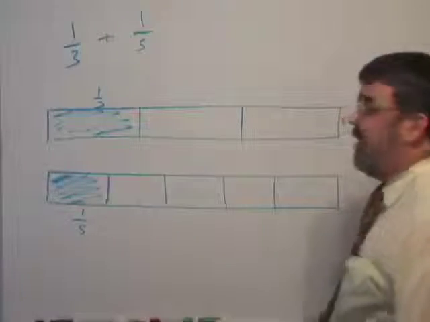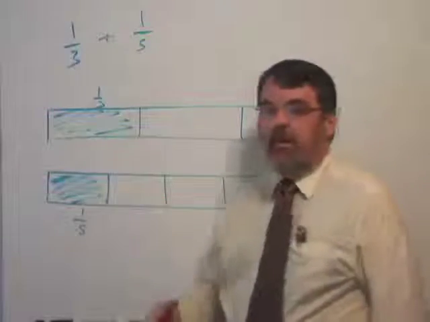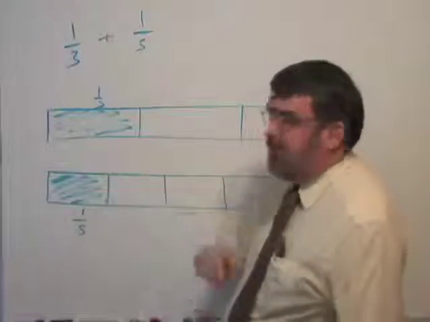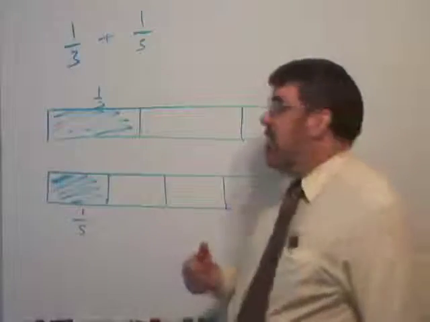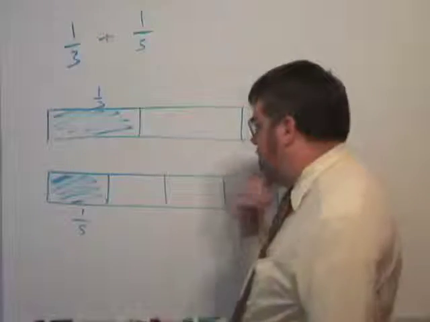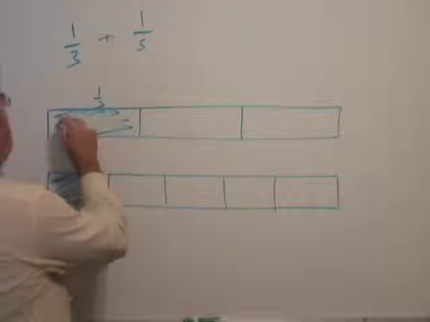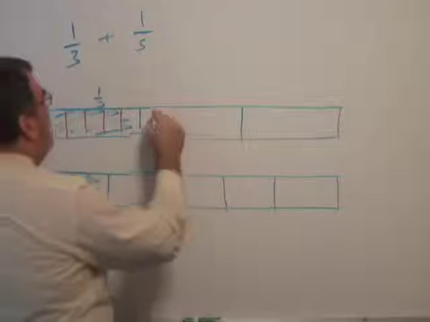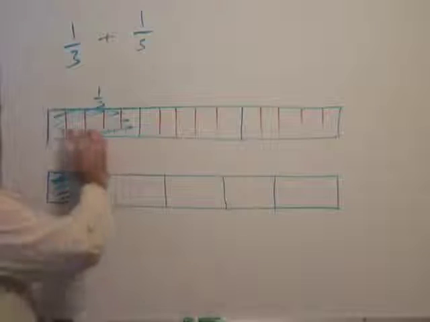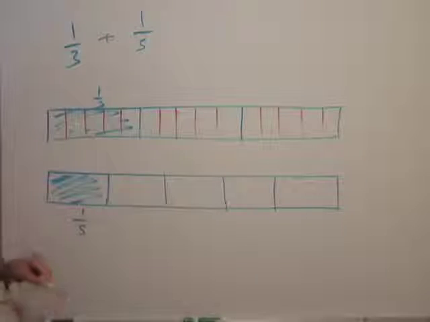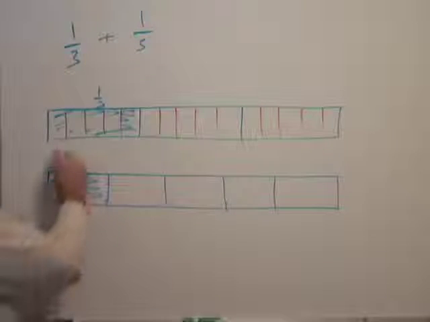So what we have here is an attempt to combine unlike terms. I have 1/3 of a bar and 1/5 of a bar. They're not alike, so I don't have 2 things that I can combine together. It's like adding an x and a y. They're unlike terms. So how do we handle that? Well, we deal with that by creating like terms. So if I take this bar and divide it up into 15 equal pieces, there we go,